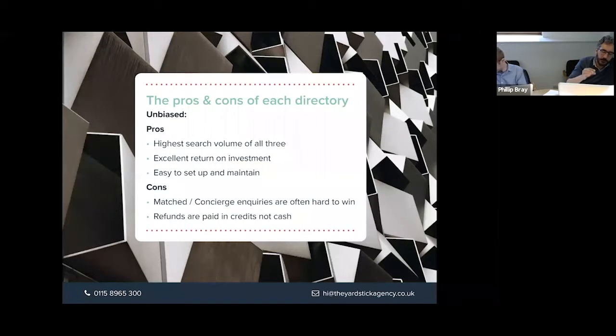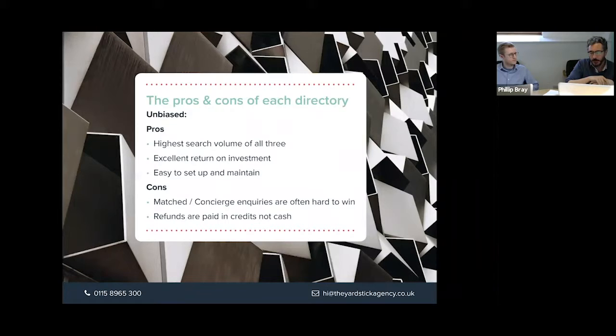So the response rating is a rating that appears on your Unbiased profile and rates you out of 10 for the response. Now, it's the speed with which you accept or decline an inquiry. It isn't the speed with which you get in touch with the inquiry, or go and meet the inquiry or deliver the advice. It's how quickly you respond to the email coming in. The lowest you can go to, though, is 7 out of 10 at the moment. So it's actually a rating out of 3, but that's probably beside the point.